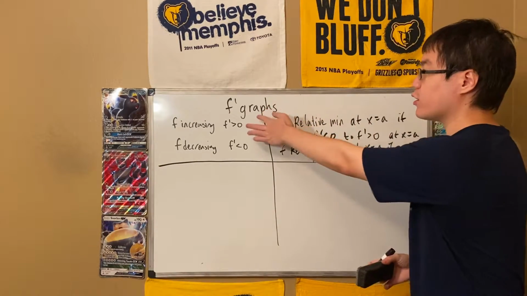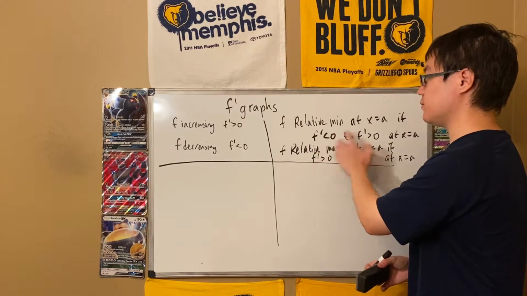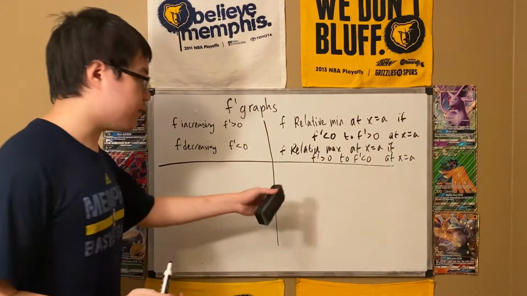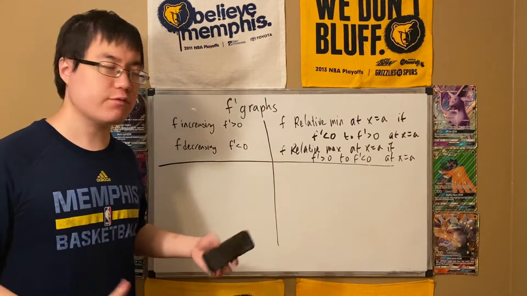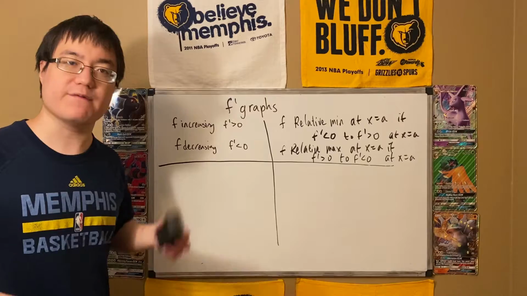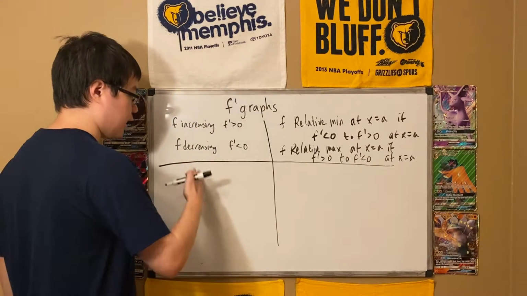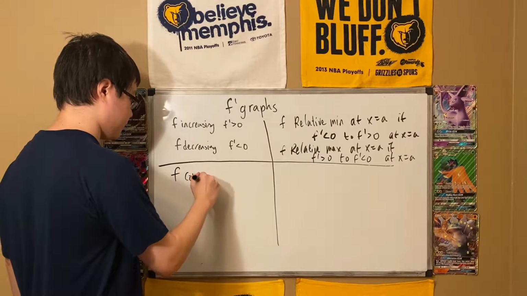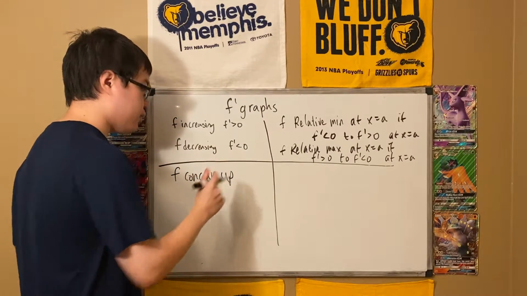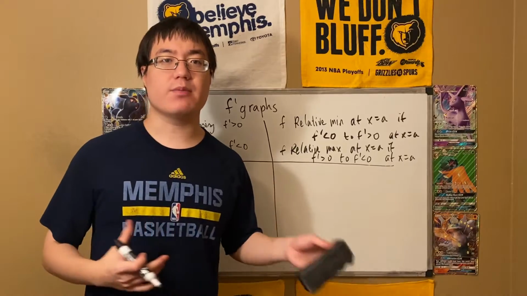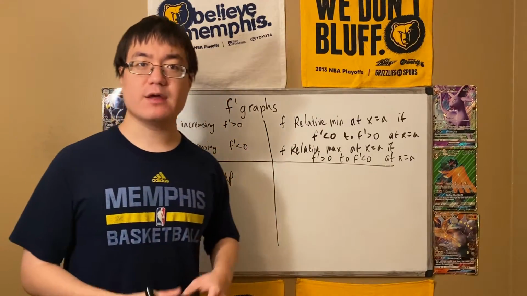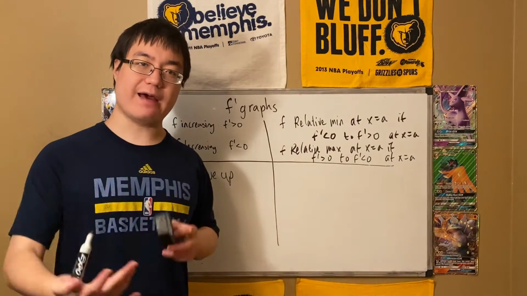We're going to be looking on our f prime graphs where f prime goes from negative to positive, as you'll see. So the rules are going to be slightly different than our sign chart rules, because we were dealing with a second derivative back then. They are our concave up or down rules and our inflection point rules. So what is f concave up? Well, the rule that we've been using a lot is that f double prime is positive, and that's certainly valid. But because we have an f prime graph, this is when we don't want to use that f double prime